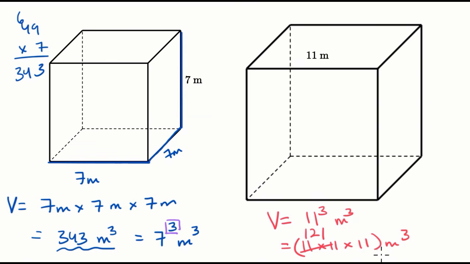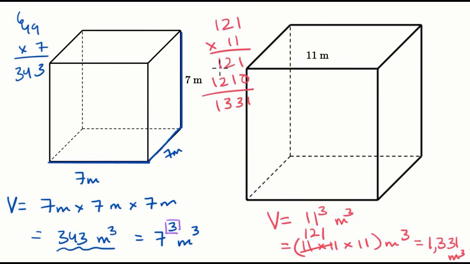And 121 times 11, you could work this out if you would like. But I happen to know, and this is one of the neat properties of 11, that this is going to be 1331 cubic meters, 1,331. How did I know that? Well, you could multiply it out. You could take 121 times 11. 1 times 121 is 121. And then 10 times 121, you could put the 0 here, and you'd get another 121. You add this up, you get